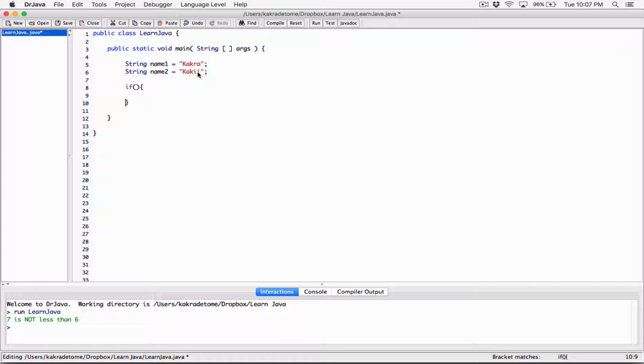You don't compare the class type variables using relational operators, right? Because if you do something like this, if name1 is equal to, now I'm using double equals to compare, right? To compare what's on the right to what's on the left. If I use one equal sign, I'm assigning what's on the right to what's on the left. So double equal sign, we want to compare here. So if you do something like if name1 is double equal to name2, let's print out the message